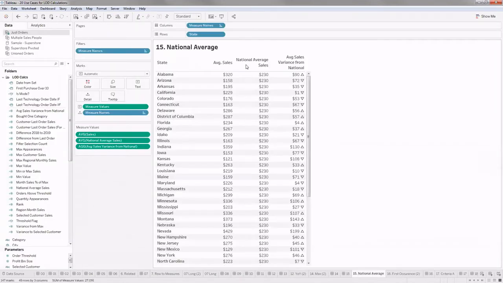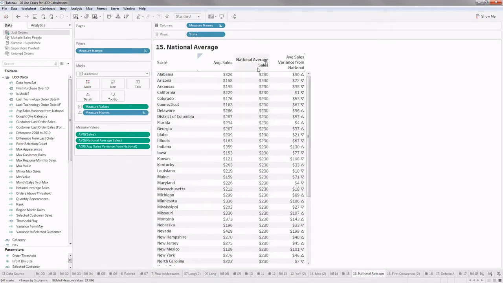Average sales is basically sum of sales divided by the number of records in each state. Then I have a national average sales. I just want a comparison of how my state's average compares with my national average. I already got my average sales, so I just have to create this particular field.